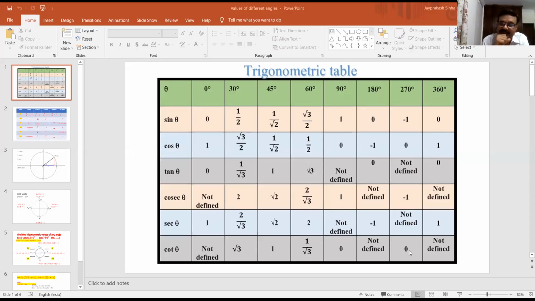In this lesson, we are going to learn the trigonometric values of various angles. These angles like 30 degree, 45 degree, 60 degree, 90 degree, 180 degree, 270 degree, 360 degree means the value of sine 180 degree, the value of cos 270 degree. Like that, these angles are very useful in mathematics and physics both. So everybody should know the values of these angles. In this lesson we are going to learn this, and there are very easy methods. I will show you how to find these values.